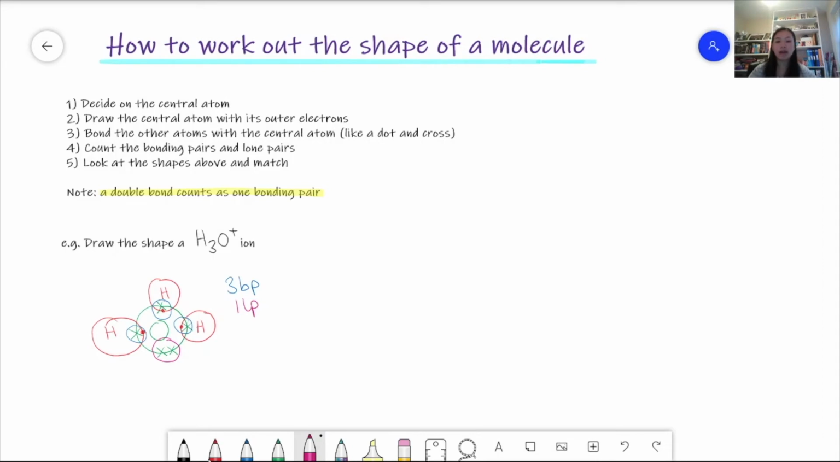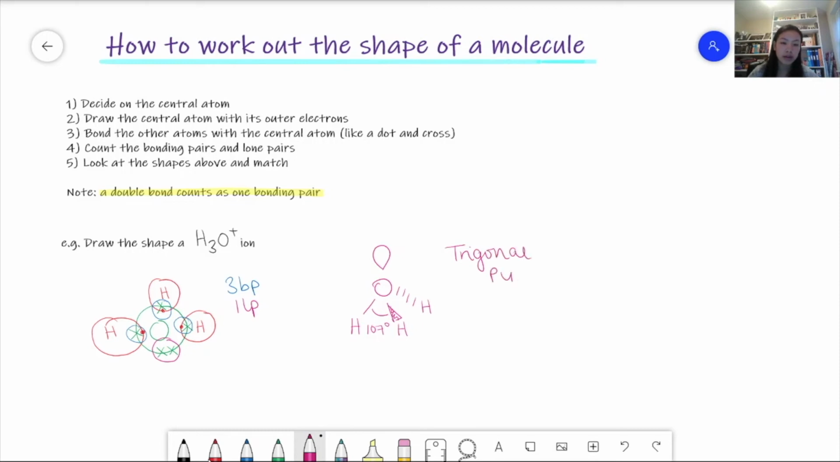pyramidal. So the one which is a triangular pyramid, but slightly squished. So it looks like this. Here are the 3 hydrogens, and then this is the lone pair. And this angle should be 107 degrees. And it should be